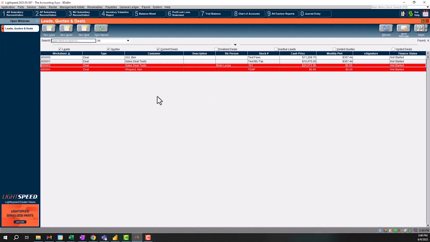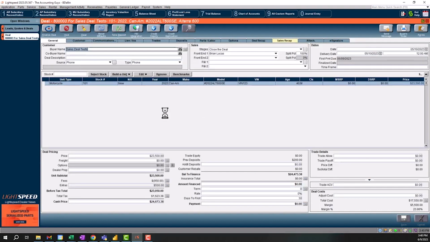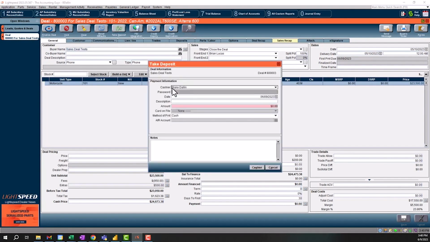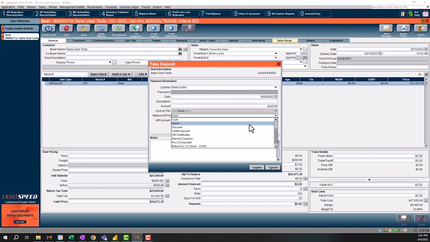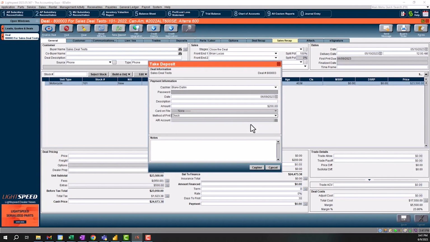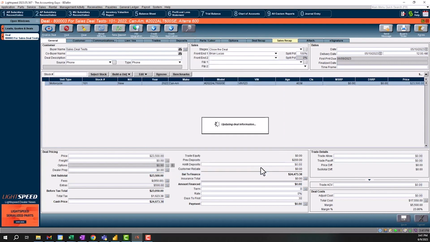The second way is if you're already in the deal, prepping everything, the customers are with you and they say, let's put a deposit on it right now. You can select it up here as well in the deal information. So if you click this button, same screen pops up giving you the deal information, and you can enter in the amount as well as the method of payment if they're paying with check, card, however they're going to pay for it. You can enter in the notes as well, and cashier this,